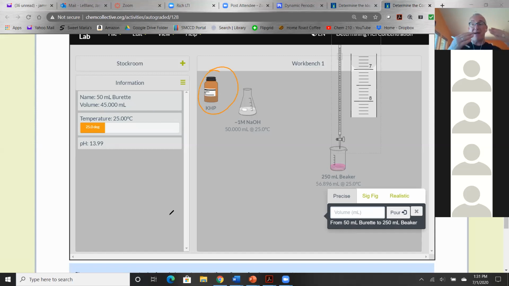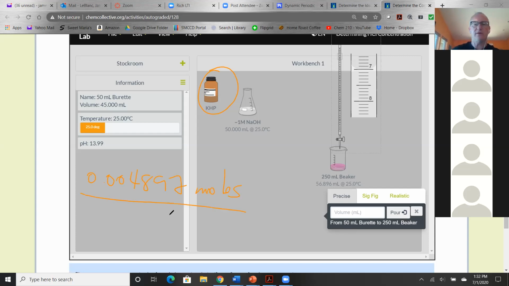Because remember, from our balanced equation, 1 mole of KHP plus 1 mole of sodium hydroxide gives us 1 mole of water and 1 mole of potassium phthalate. So it's a 1-to-1 ratio. So give me the moles again. What was it? 0.004897 moles